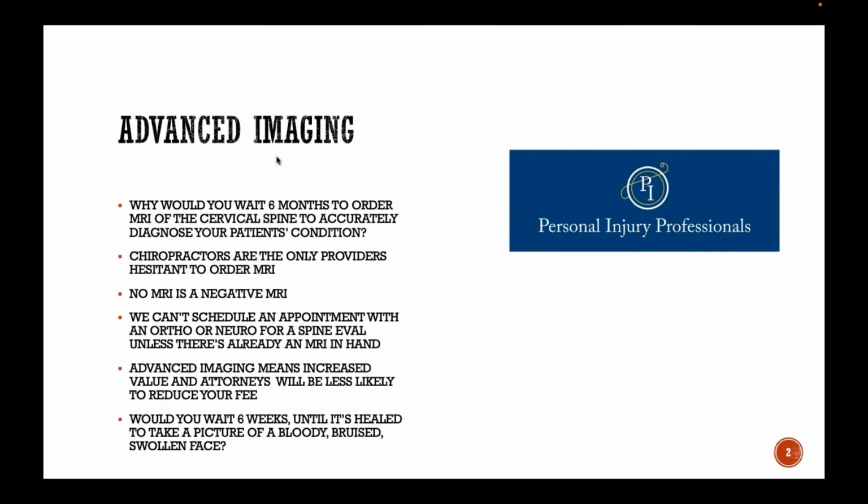Chiropractors have a history of delaying MRIs, waiting for an extended period of time. Why would you wait 6 months to order an MRI of the cervical spine to accurately diagnose your patient's condition? Now, I understand that if you're seeing a patient with health insurance and you want to get an MRI approved